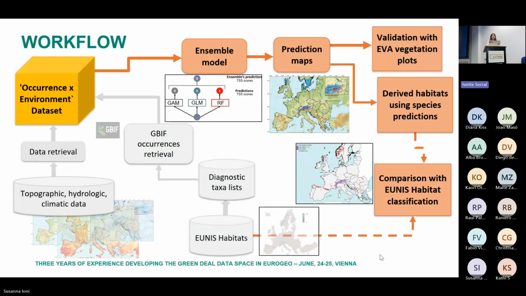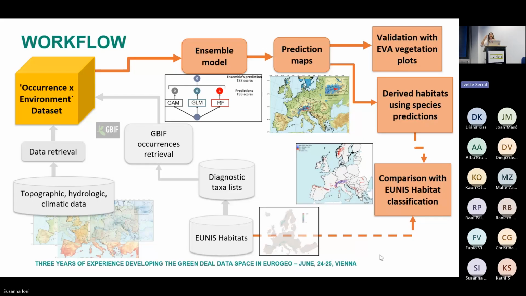And then we were also generating pseudo-absence data because we were only working with presence data from GBIF. So then with the complete dataset, we ran individual models, so GAM, GLM, and RF, random forest, and produced also TSS scores, which were the base to choose the best predictions from the ensemble model, which then gave us the prediction maps for each species, which we also validate with the EVA, the vegetation plot database, to see really, okay,